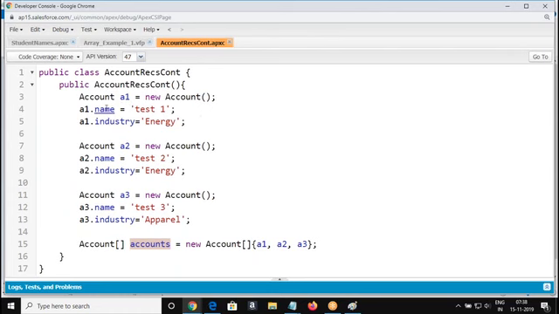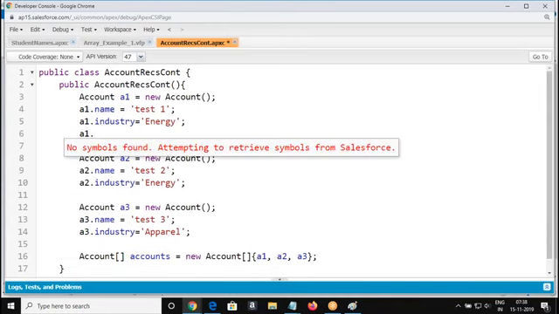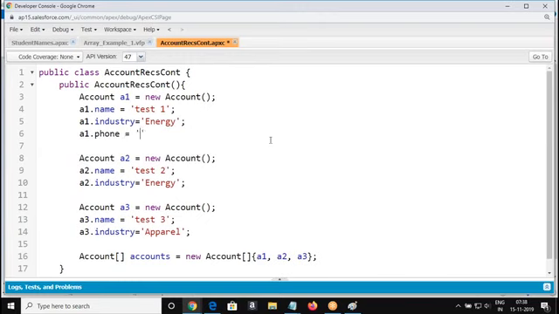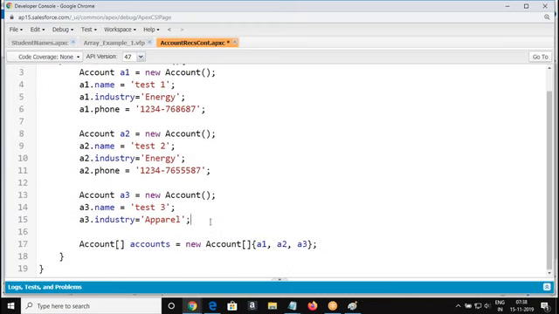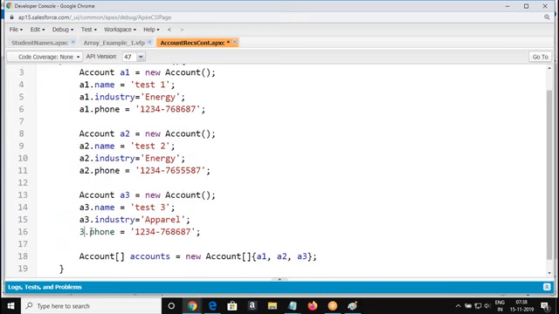We are going to display the name, industry, and in case you have it, the phone number. I'm going to display the phone numbers. Okay, something like this.